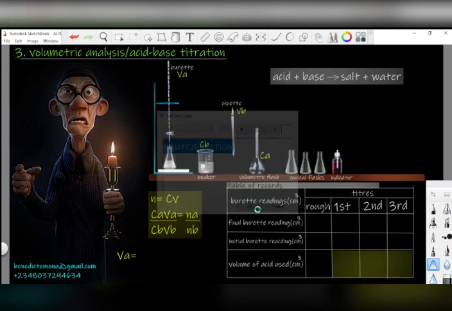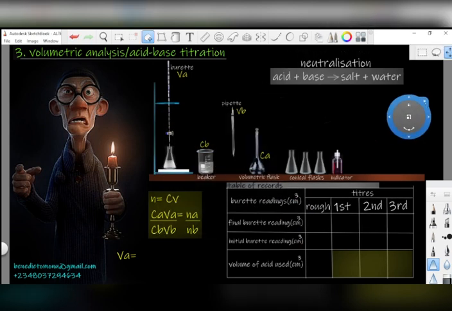We all know what neutralization is. Now, if you are doing a titration, we want to find out the concentration of either the acid or the base, or we want to find out the volume of an acid that neutralizes a given volume of the base. So basically, it's like chemical stoichiometry. We want to look at quantities of either acid or base that interacted with themselves to form salt and